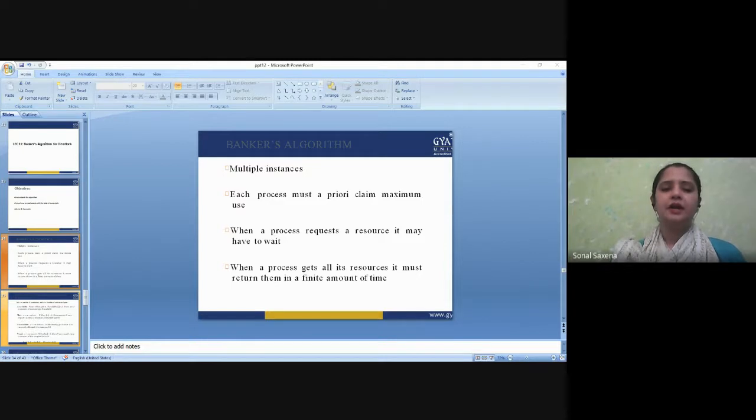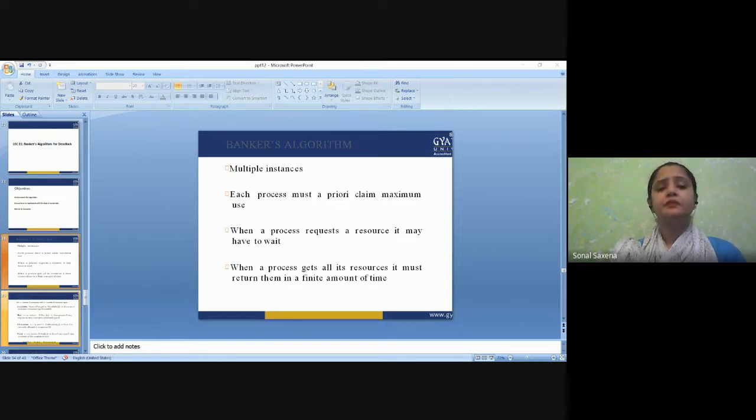Now, how does our banker's algorithm work? For the banker's algorithm to work, it needs to know three things. First of all, how much of each resource each process could possibly request. That means the maximum resources a process requires. For example, let's say there is a resource A1, and my process needs a total of 5 instances of A1 to get executed. So 5 is the maximum amount that it will require.